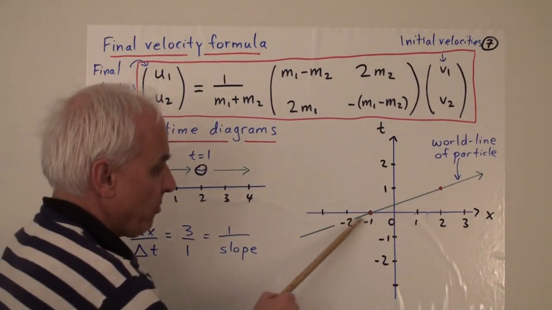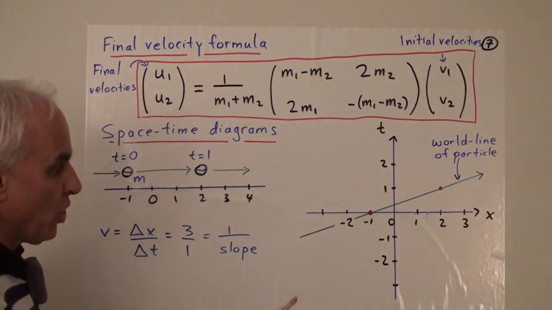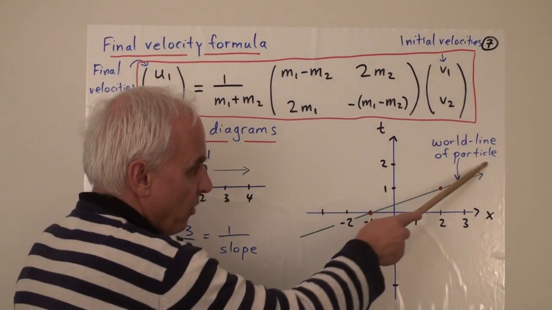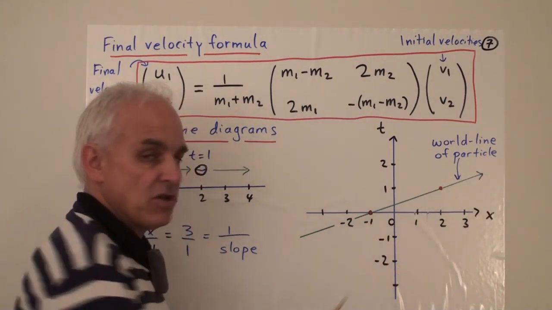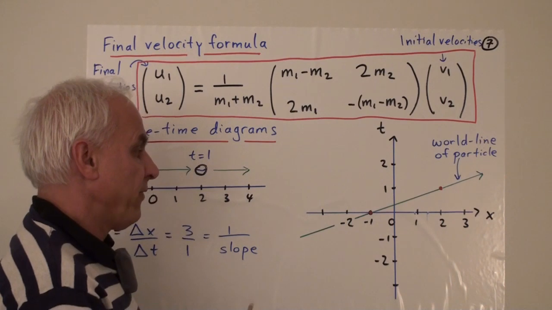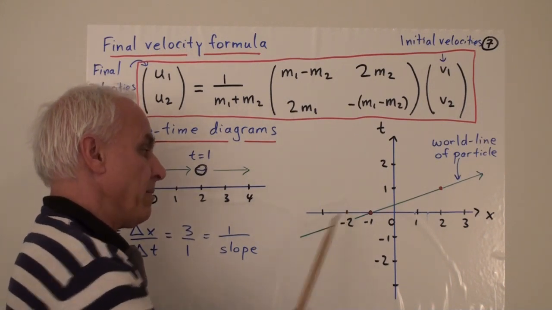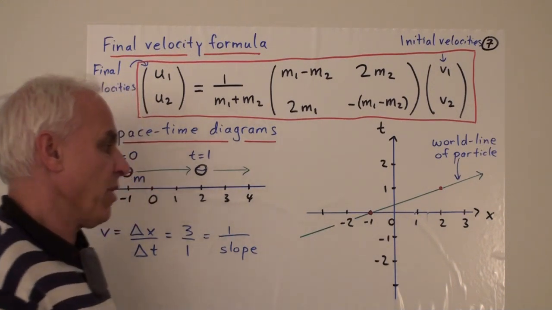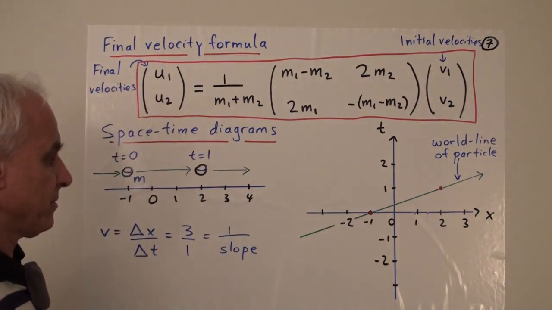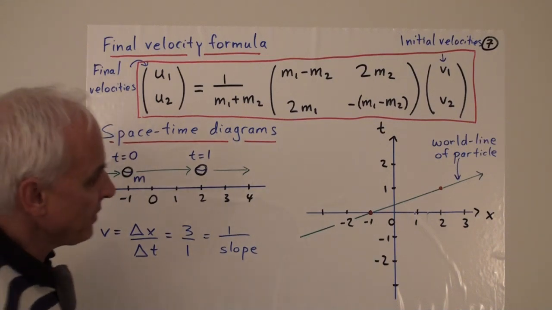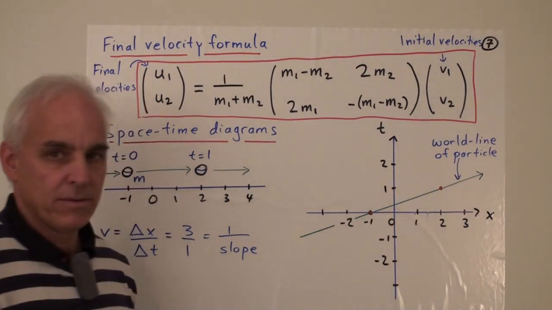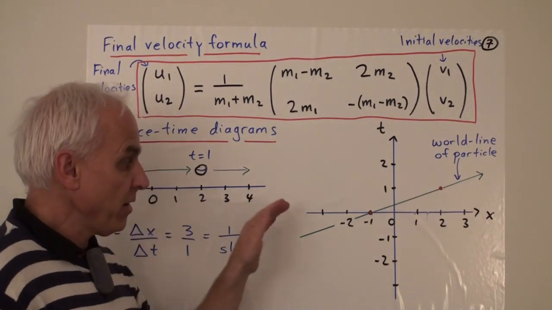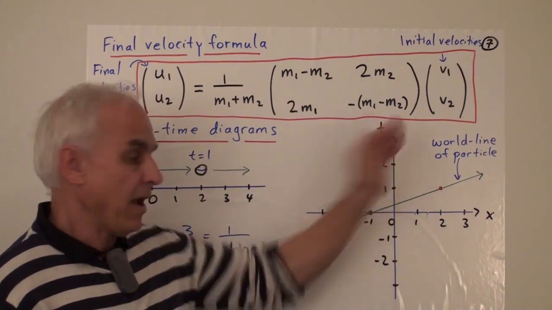And then the trajectory of the particle is described by this line that passes through these two points, and of course passes through many other points. So if we wanted to know where this particle is going to be at time t equals 2, we would go over here and see that it's at position 5, say. And if we wanted to know when the particle was at -2, we'd go over here and say the time was probably something like -1/3. This is called the world line of the particle, and it describes the complete history of this particle moving along through space and through time.